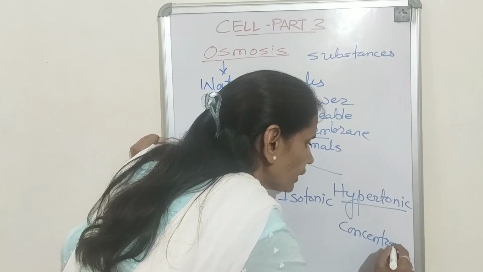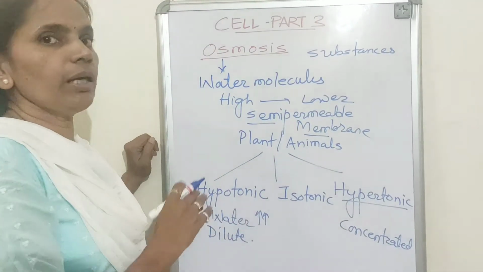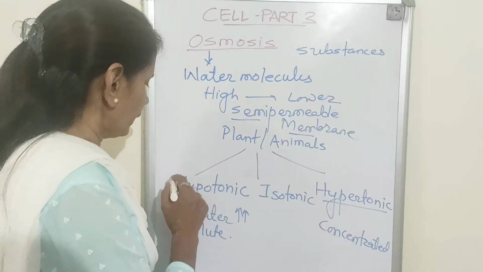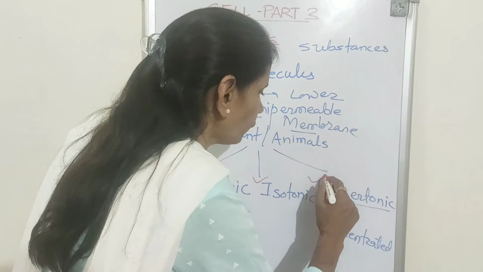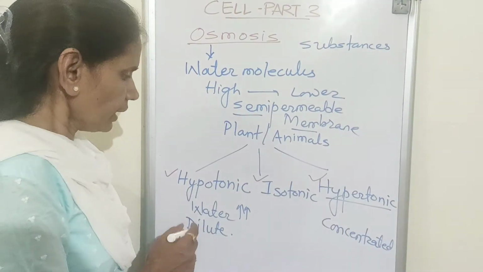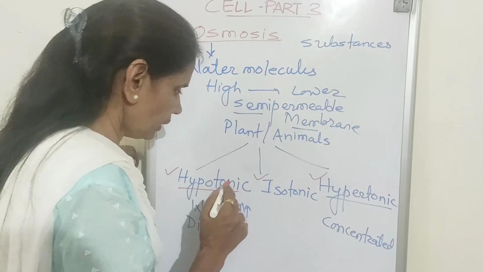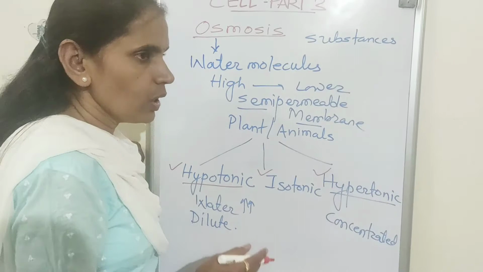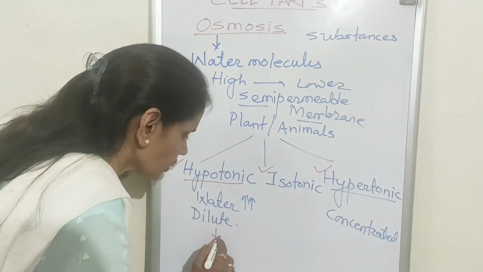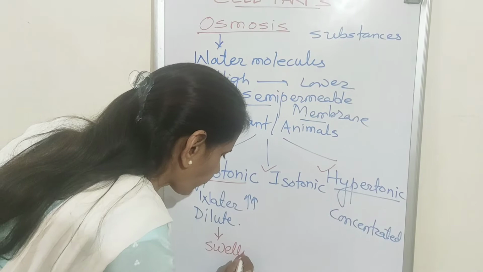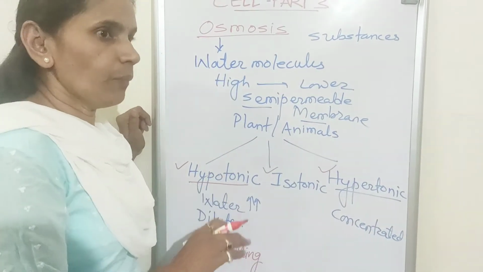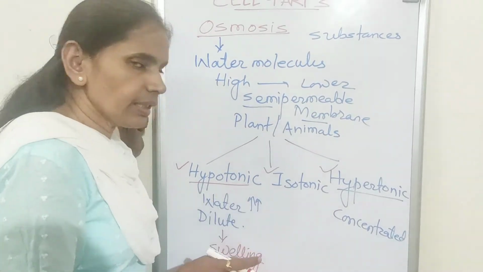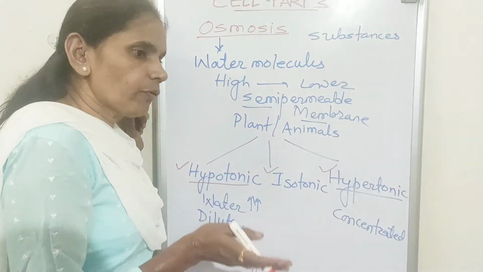Now in general, there is free movement of water molecules across the plasma membrane, but it is controlled by the amount of water molecules that are present. In case of hypotonic solution, the movement of water molecules is from outside to the inside of the cell. So it will result in the swelling of the cell, because the amount of water molecules moving into the cell is higher than the movement of water molecules out of the cell.